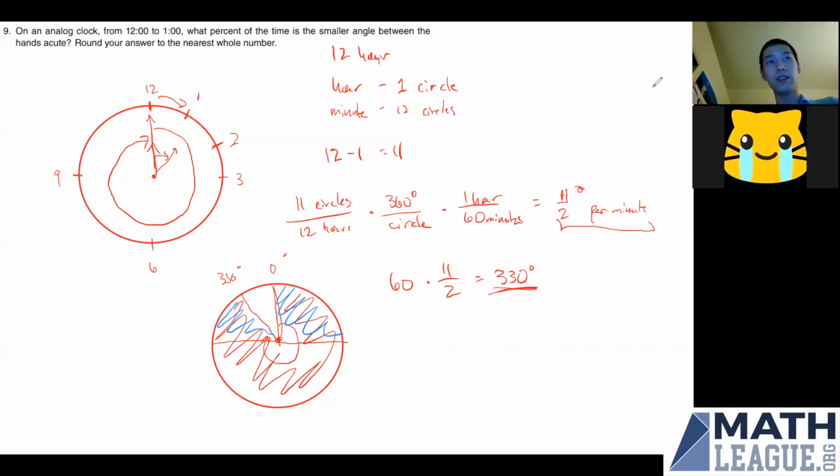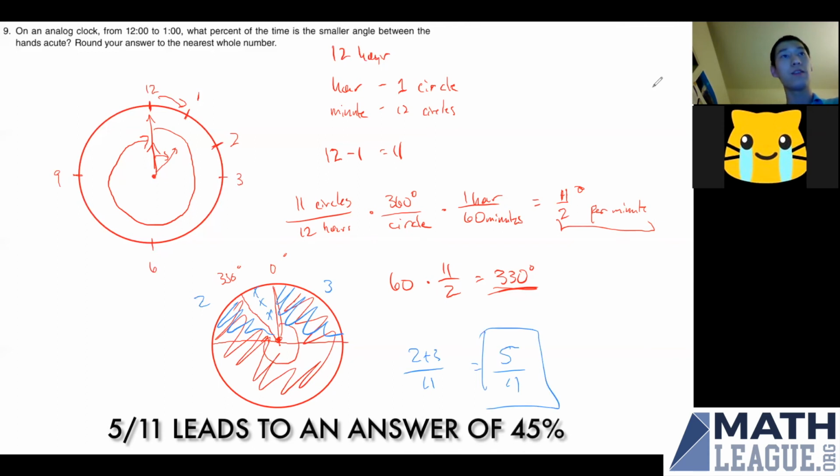And now this becomes rather easy to see, right? This is just like 12 slices of a pie. You have 3 slices of a pie here and then 2 slices of a pie here, out of 11, because we're not counting this, right? So that's 2 plus 3 over 11, which is 5 11ths. And there we have it.